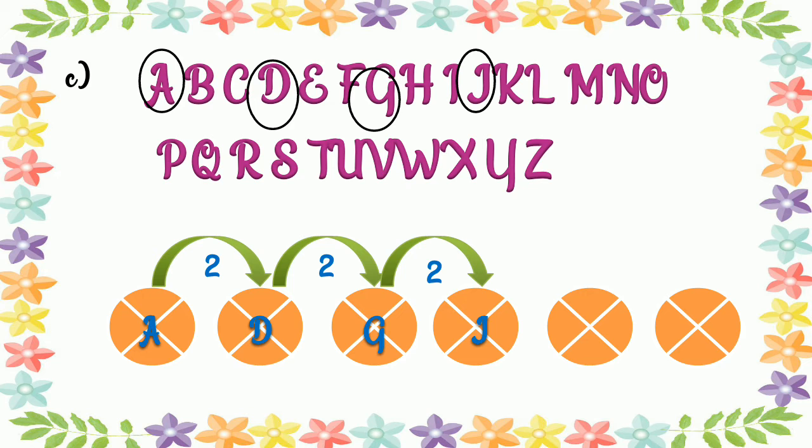So children, you all understand that in this question we leave two letters to continue the series. Then next, which is the next letter? We have J, then we cut K and L. So M is the next letter to continue the series. So here we write M, with a two letter gap.